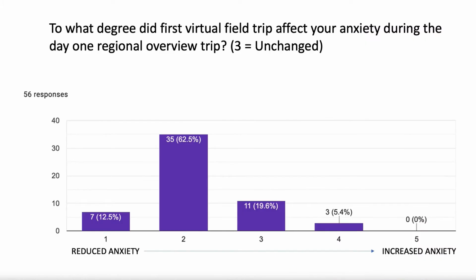With that, let's jump into the data. Here's the most basic result from the survey. This is just a bar graph of the answers to the question, to what degree did the first virtual field trip affect your anxiety during the day one regional overview trip? All of this data, of course, comes with the caveats associated with self-reported perceptions. Here in this graph, 1 is reduced anxiety and 5 is increased anxiety, with 3 being unchanged. You can see that 75% of respondents answered 1 or 2, indicating some degree of anxiety reduction. While this alone would likely be sufficient for me to incorporate this process into all my field courses, let's take